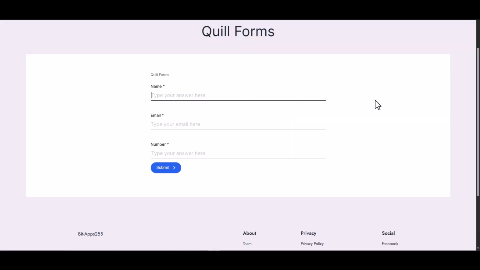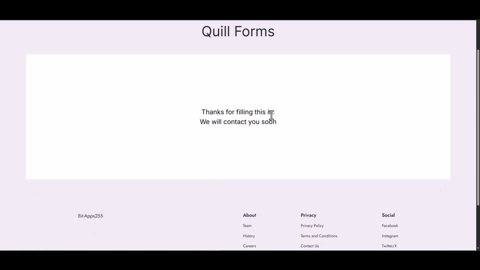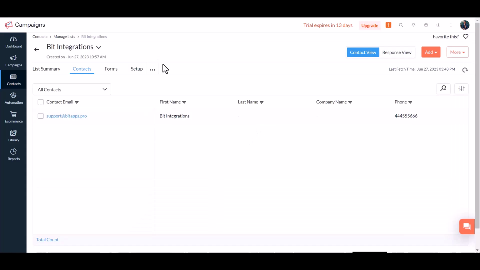Please go to your form, complete it, and submit it. Form submitted successfully. Now go to the Zoho Campaigns site. And you can see the data came successfully in the Zoho